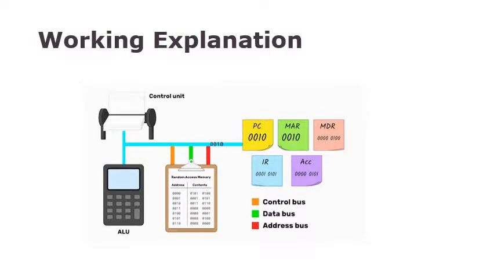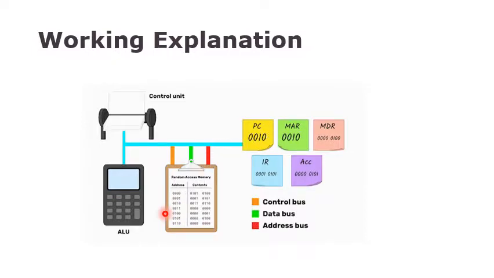The last cycle is for the instruction at 0010. It uses the opcode 0011, which is store, and the operand is 0110, which is the last address in the RAM shown. So this cycle takes the result of the addition in the accumulator and stores it back into the RAM at address 0110 as requested.